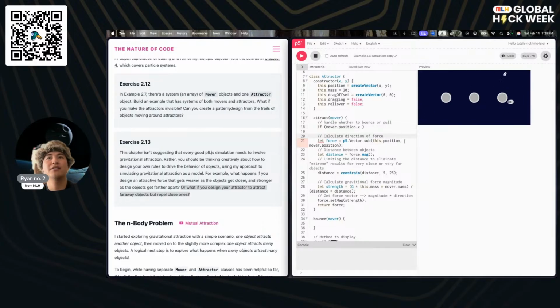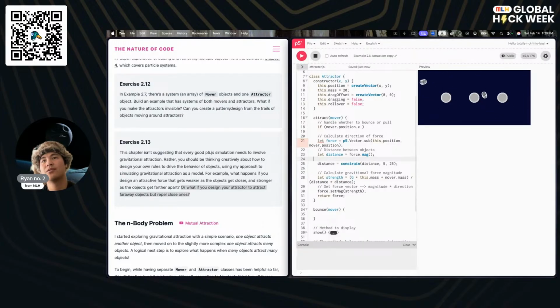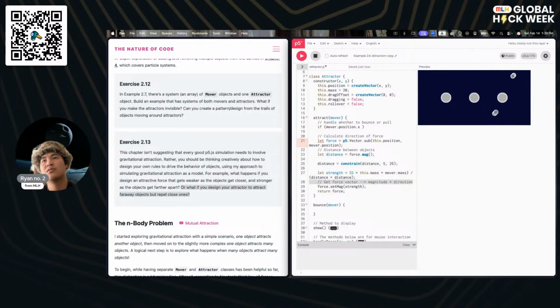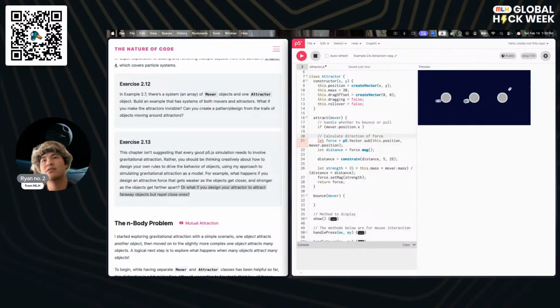Okay. I need to remove some of these comments because this is very distracting for me. Limiting the distance. Yes, I think that's fair. Calculate the magnitude. That's fair. Magnitude times direction. Force vector. Distance between objects. Yep, we know that. Calculate direction of force.